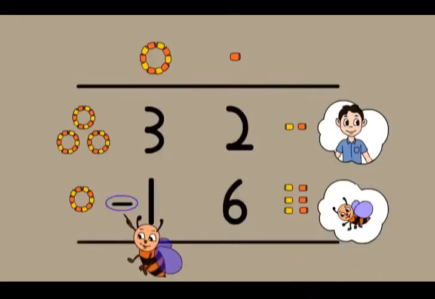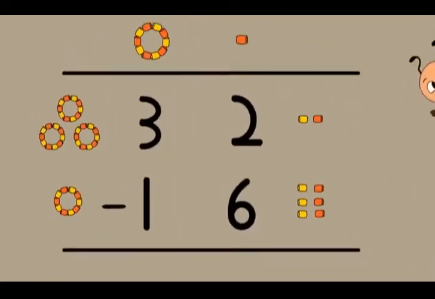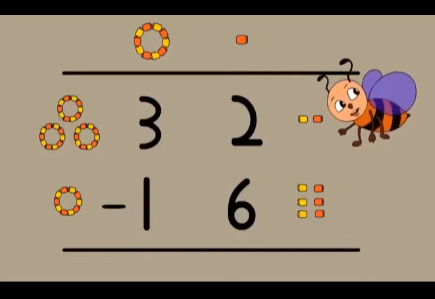Oh, you write minus. Why do you write minus? Because you have to subtract, Buzz. Here we are taking away. You want to find out how many more beads Chinu has. So you have to subtract to find that. Okay, now I know. Let me subtract.